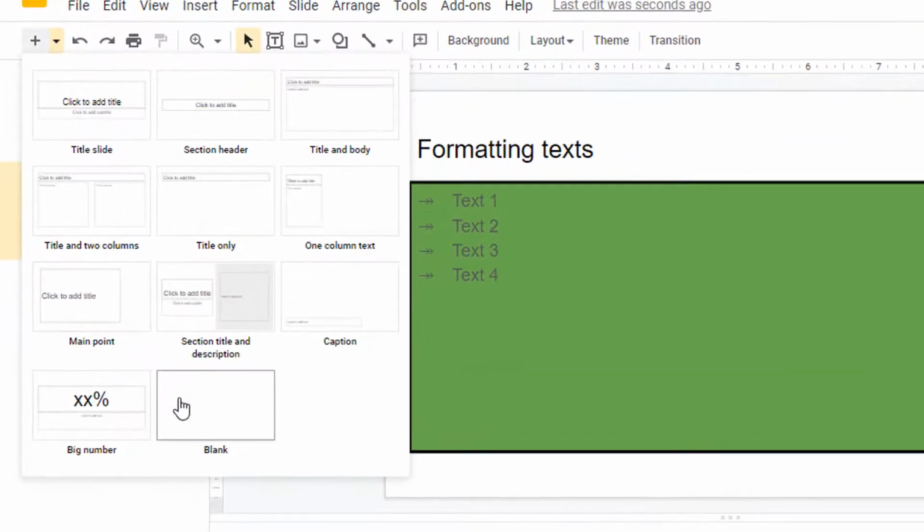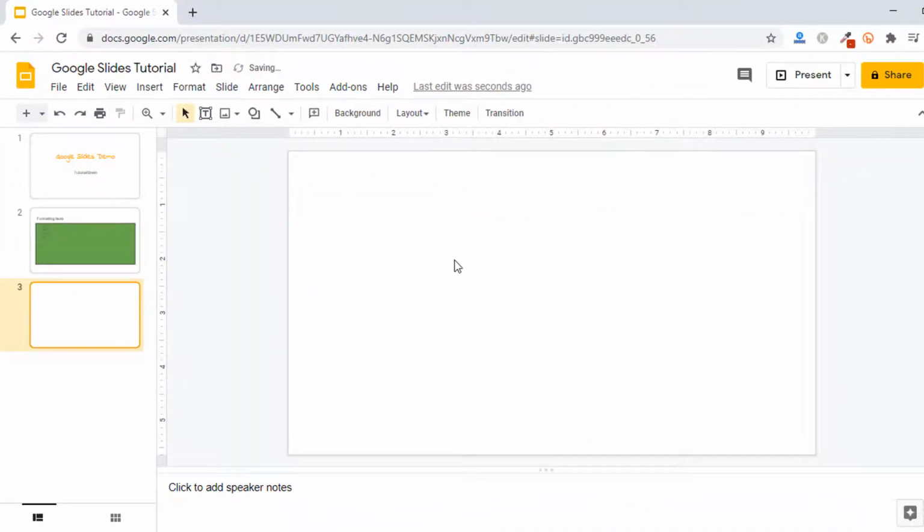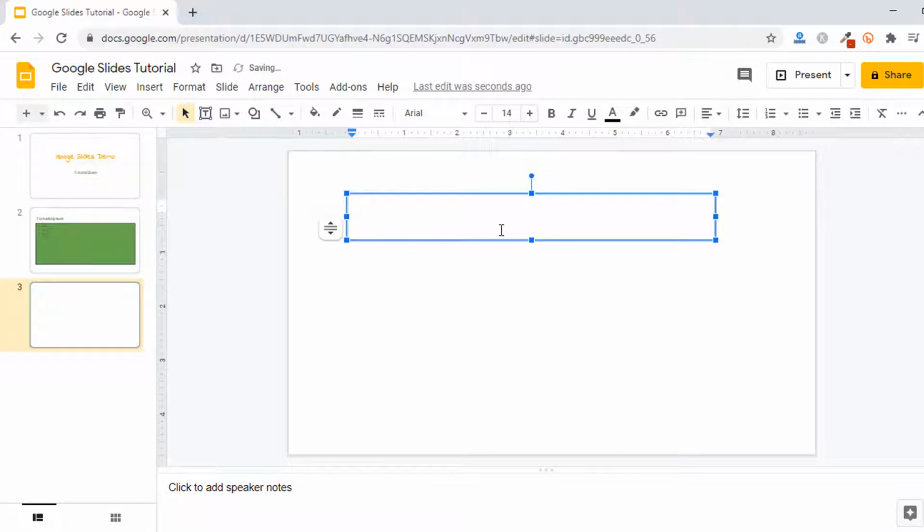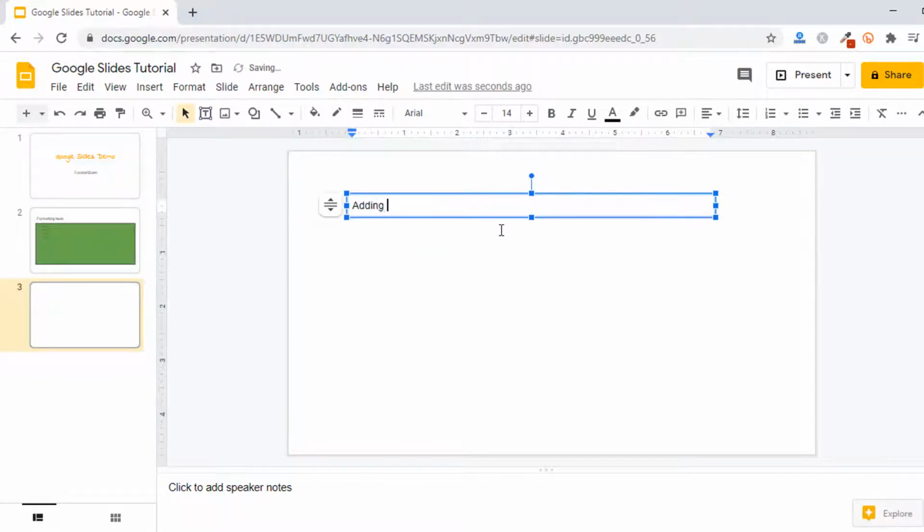Now in my case, as I told you, normally I would like to add a new blank layout. So I click on this blank. Alright, and you see this is a complete blank layout. Now here what I normally do is I would like to add my placeholders as per my requirement. So let's try to add a text box. So I'll just add a text box here, and let's say I'll just say adding from blank.